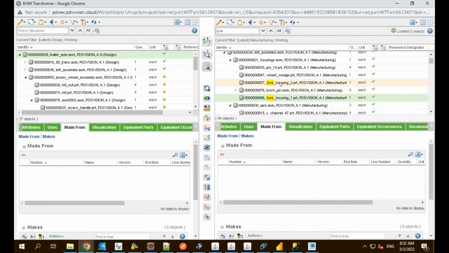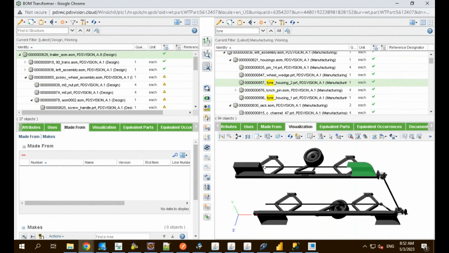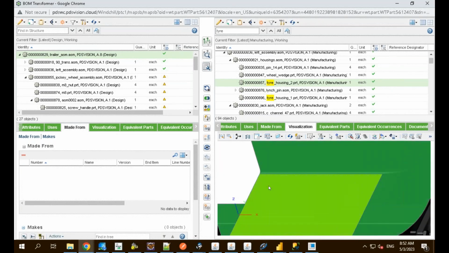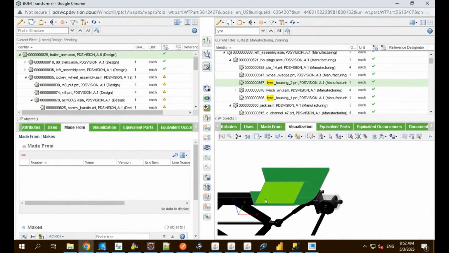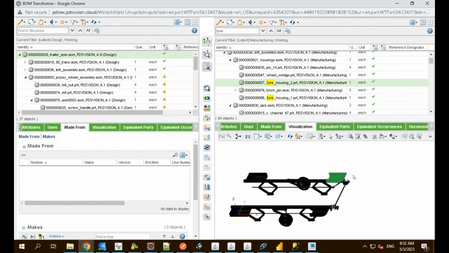It's not yet there. We'll do it through demo. Next is visualization. Visualization helps us to identify what all components are involved. Let me just adjust the view here. It will help you to identify what all components are involved or already generated in that manufacturing bill of